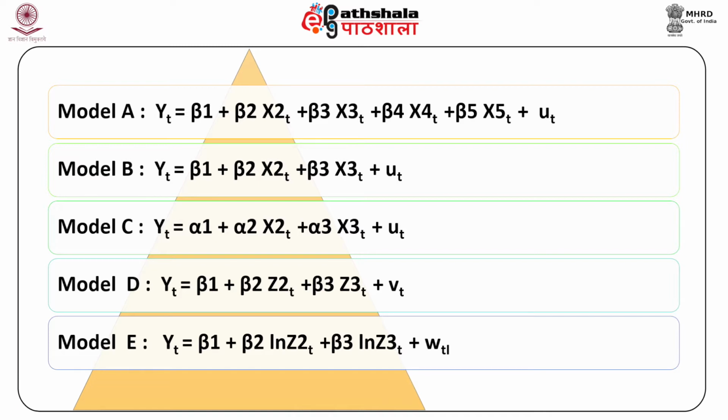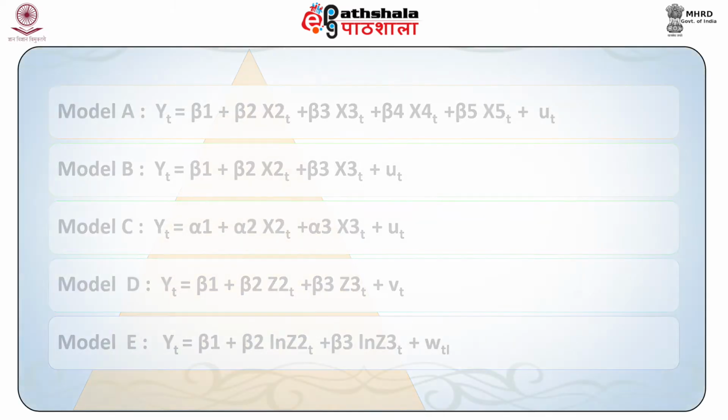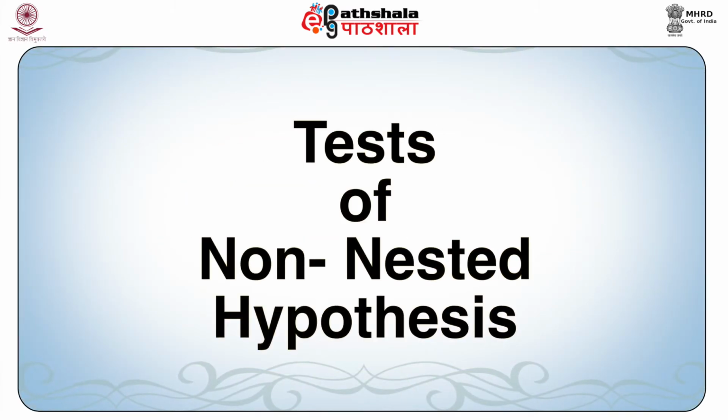Also, Model E and Model D is non-nested as one cannot be derived from the other. Test of non-nested hypothesis. In this section, we discussed the tests devised for non-nested models, namely non-nested F-test and Davidson-MacKinnon J test. Non-nested F-test. Given Model C and Model D, how can one decide how to choose between these two